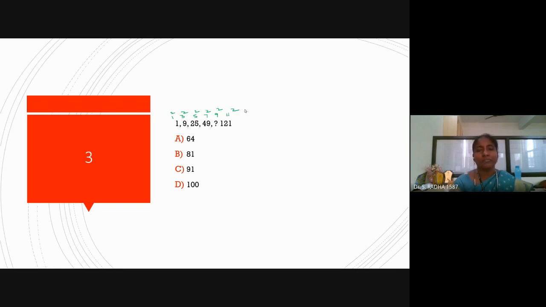Roughly, if you observe 9, 25, 49, immediately squares will come. If you put pen on paper, then we will get some logic. Sometimes we may get stuck, but we have to try with pen on paper. Simply mind logic will not give speed every time. Now the answer is 81. 9 square is 81. I'm going with the next problem.